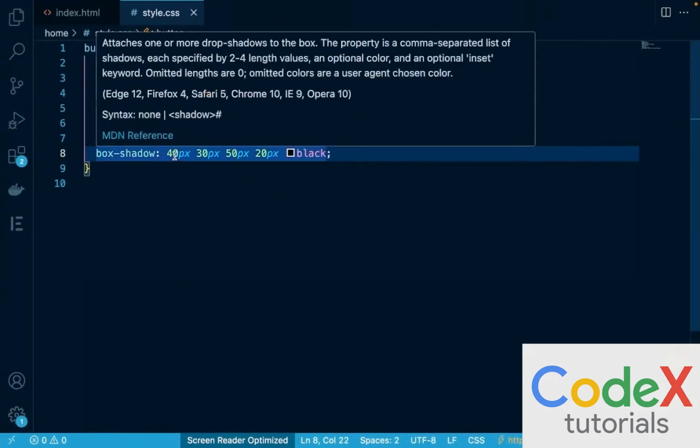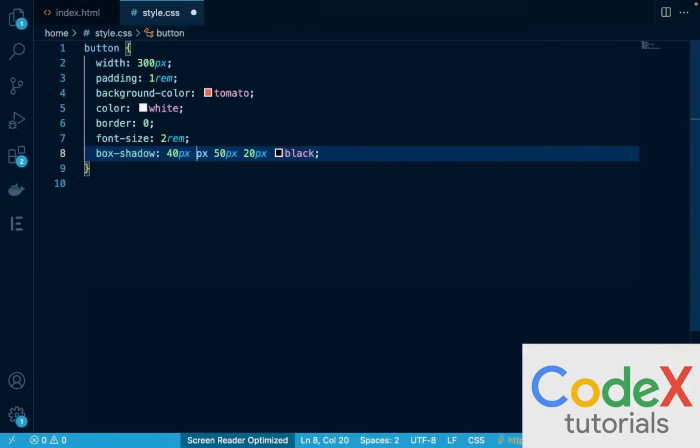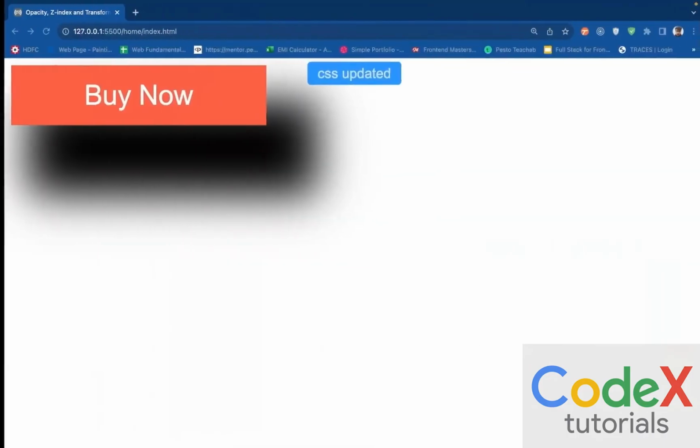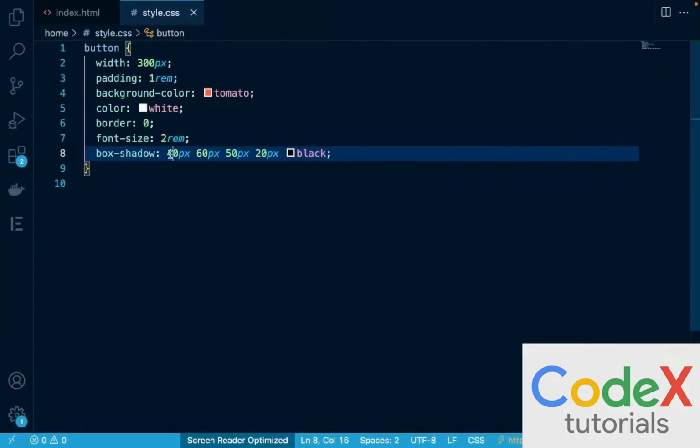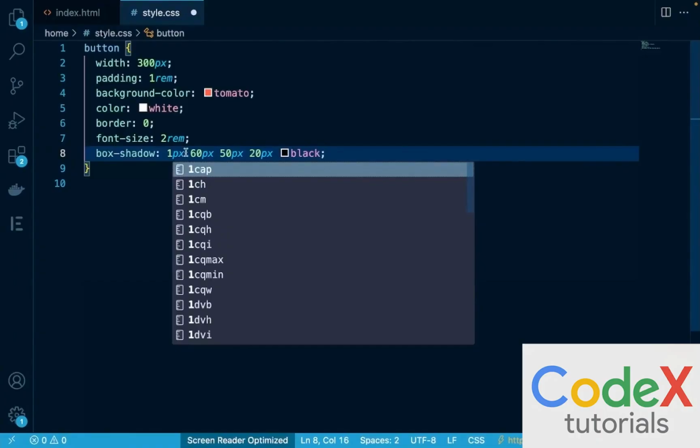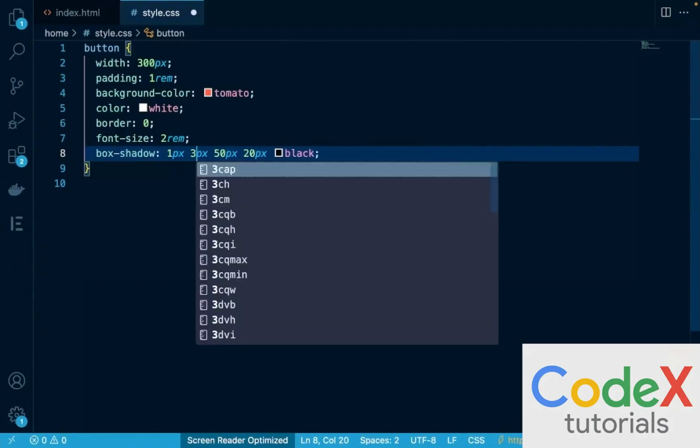And I can give negative values as well, which will kind of reverse the direction of the shadow moving. But let's just give this a value of 60 pixels. Now you can see that the shadow is quite down, right? So ideally these values will be something of quite low caliber, maybe 1 pixel or maybe 3 pixels